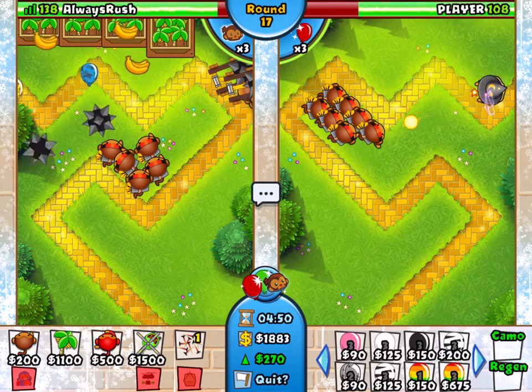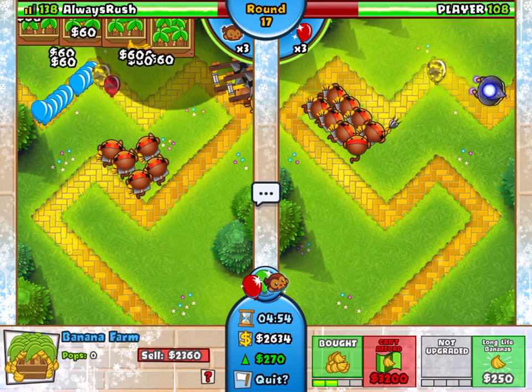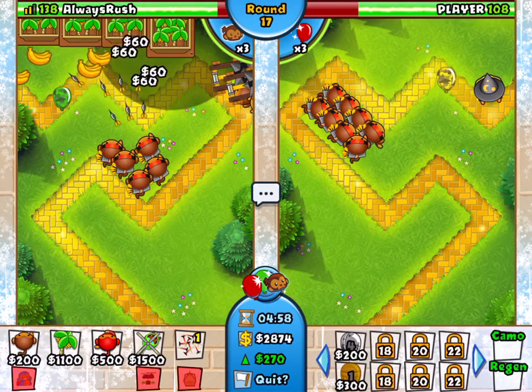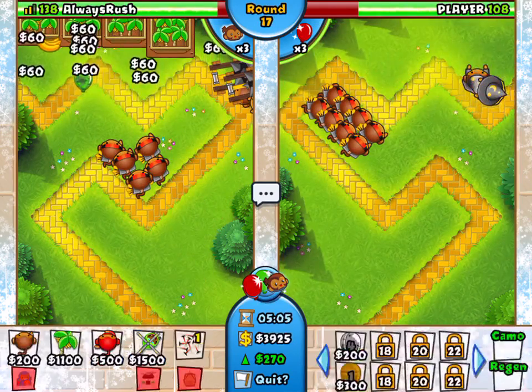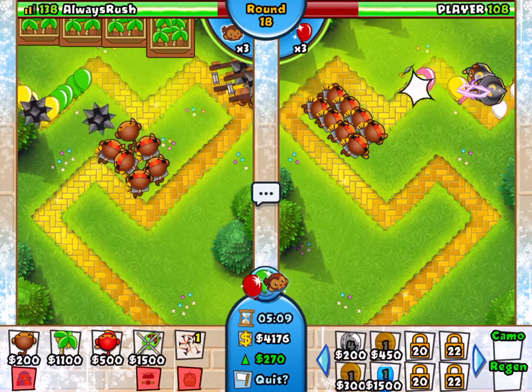Yeah, he's not doing too hot right now. Alright. That Juggernaut will actually pop. I'll regrow leads, and then that's not going to be good. So I think he's thinking about sending me a Moab on this next round, which could be kind of dangerous. But